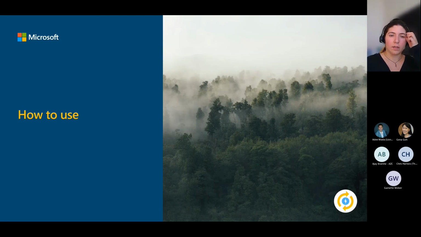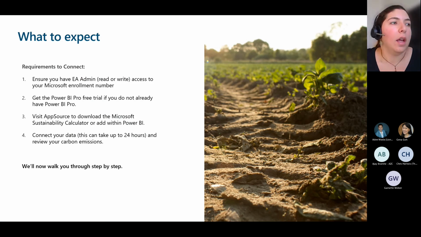All right, so yes, how to set it up. The first thing to know, and I do want to clarify, is that if you ever used the sustainability calculator in the past, the prior version of it, then you might have been either frustrated that you couldn't use it or happy that you could, because it was only really for enterprise agreements. Now it actually does work for MCAs or CSPs again, because we had an update for the Power BI connector